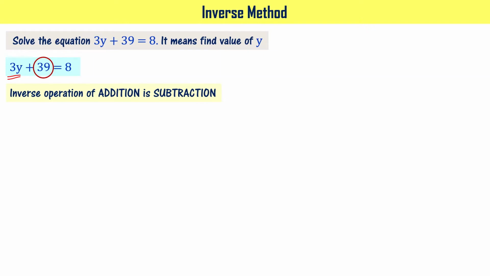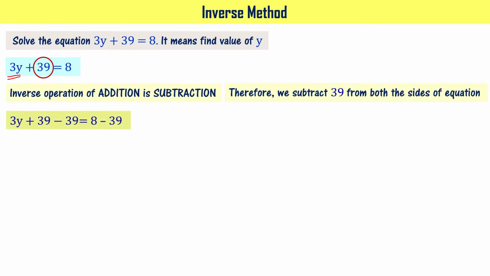When you subtract the same number from both the sides, the equation still remains the same. When you multiply both the sides by the same number, the equation is going to be the same, right? That is the reason we said let's subtract 39 from both the sides of the equation. When you have done that, you have gotten an equation like this: 3y plus 39 minus 39 equal to 8 minus 39. You simplified it such that you got the equation 3y equal to minus 31, right?